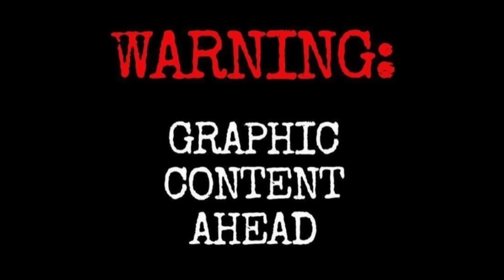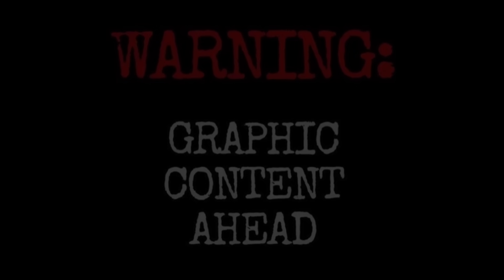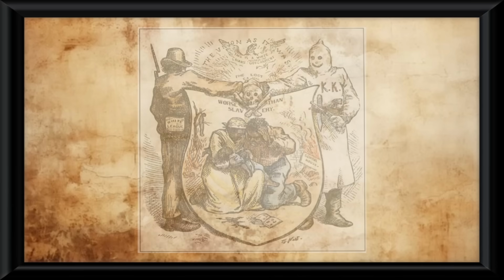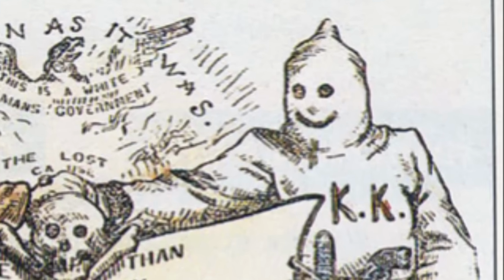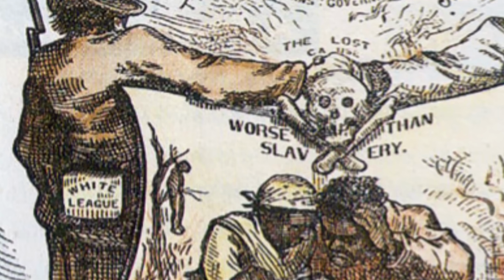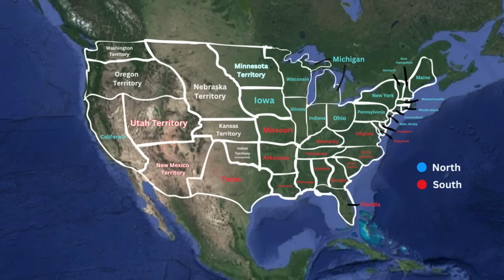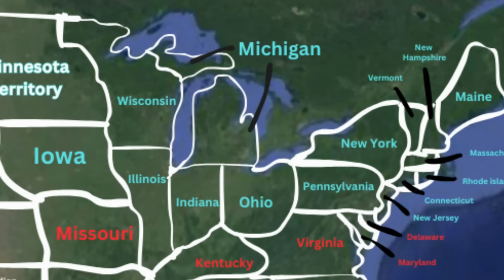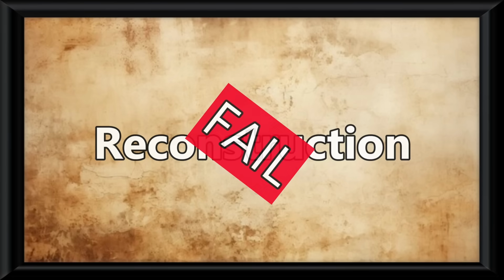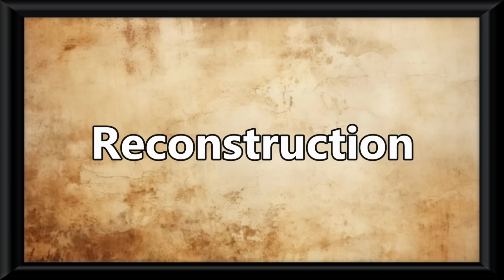There would be public events held in the South, where people would gather to watch African Americans be hanged, or tarred and feathered, or any number of ways to die, known as lynchings. And then you have organizations like the Ku Klux Klan and the White League, which used literal terrorism to suppress black voters. All of this would force the North to just give up entirely and cause Reconstruction to fail, but that is a next video. So Reconstruction was supposed to fix the South and bring equality for all African Americans, but instead, it completely failed.